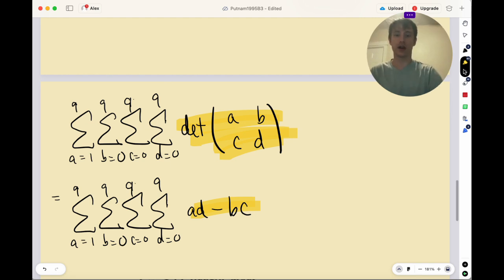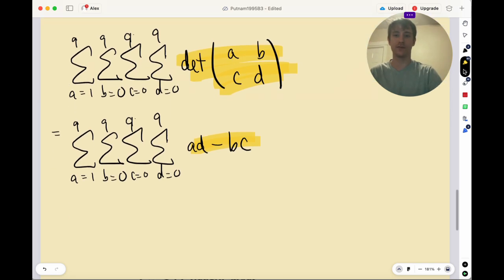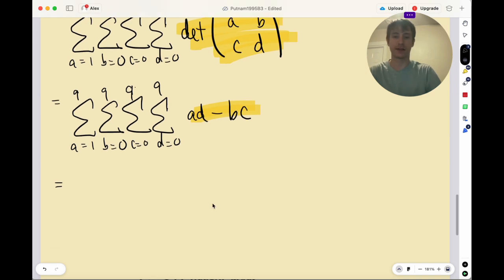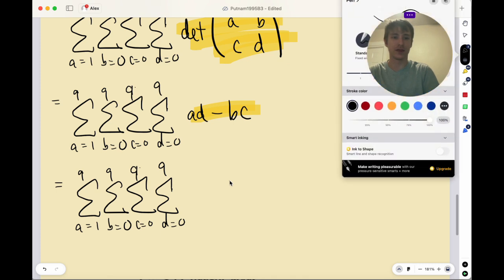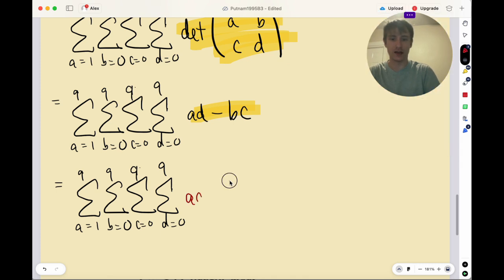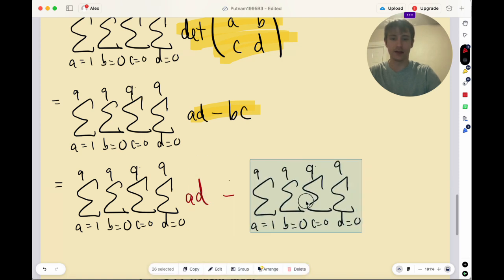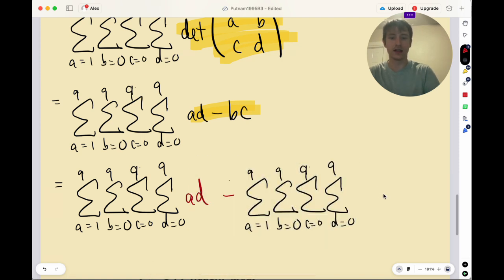Okay, and how are we supposed to evaluate this sum? Well, you would distribute the sum to each of these terms. There are just two terms. So what that's going to get you is, let's see, I'm glad I copied that one thing. So this would just be this times AD minus this times